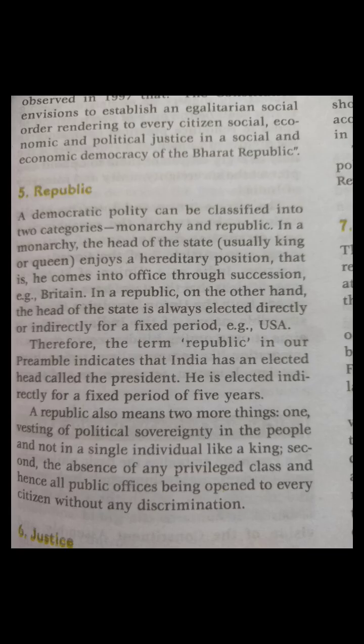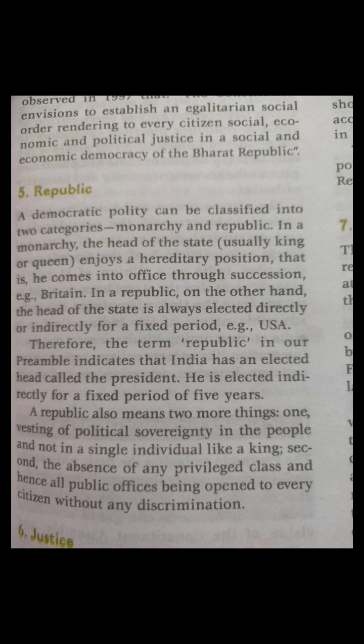Here's a great, deep and very detailed summary of the concept of a republic, especially in the context of India's constitution, written in the simplest words possible, yet fully accurate and rich in meaning. Deep, detailed summary, republic in the Indian constitution. 1. Meaning of republic. The word republic means that the head of the country, also called head of state, is not a king or queen born into power. Instead, the head is elected by the people, directly or indirectly, and holds office for a limited time.